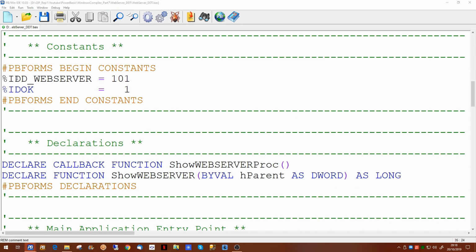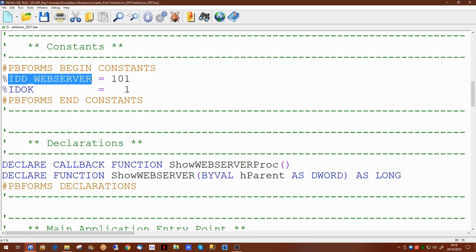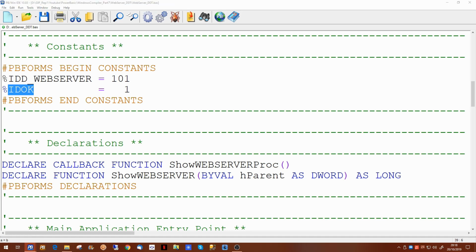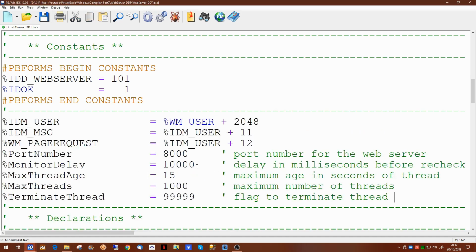Now it's already generated two constants already for the dialog and for the button. What we're going to add are a few more constants to allow us to handle what's going to be happening inside the web server. Now I'll go through these one by one. We're setting a user constant up, a message constant, a page request constant, the port number the website will respond to, I'll come back to that in a moment, a delay for the monitoring of each of the threads,